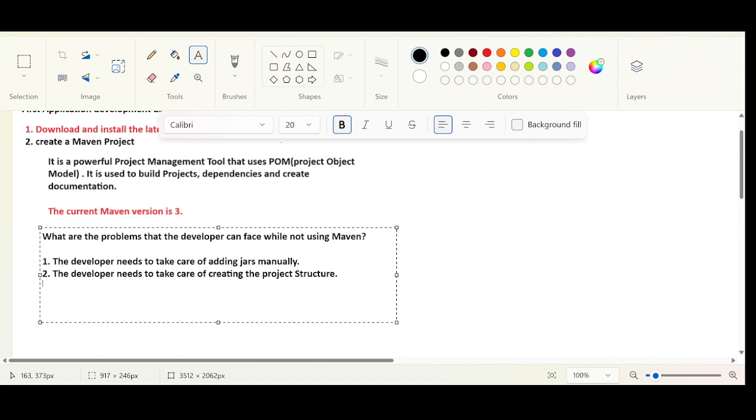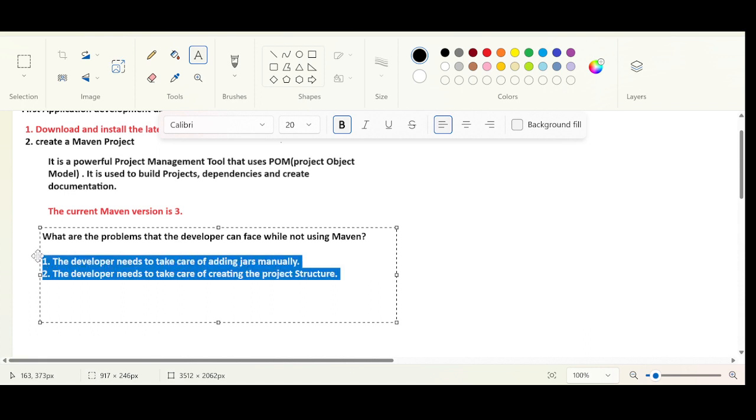So Spring is going to follow a separate project directory. Struts is going to follow a separate project directory. By looking at the project directory, one can conclude that this project directory is meant for the Spring framework, or this one is meant for the Spring Boot framework. Each and every project is going to follow a unique project structure. So that needs to be taken care of manually. But if you are using a Maven project, these things will be taken care of by Maven itself,